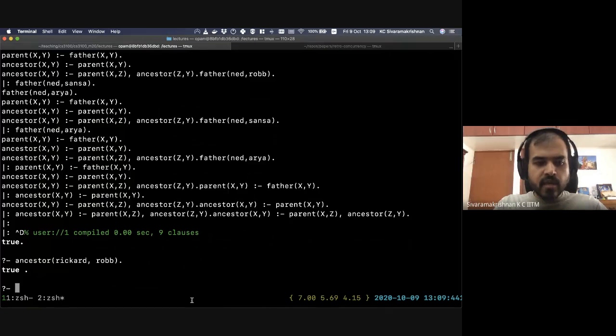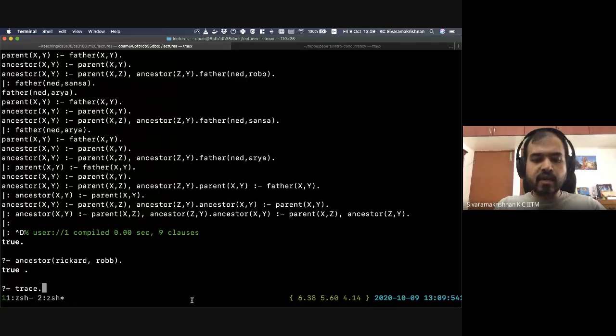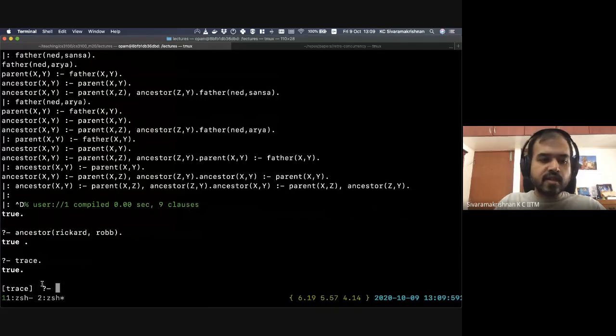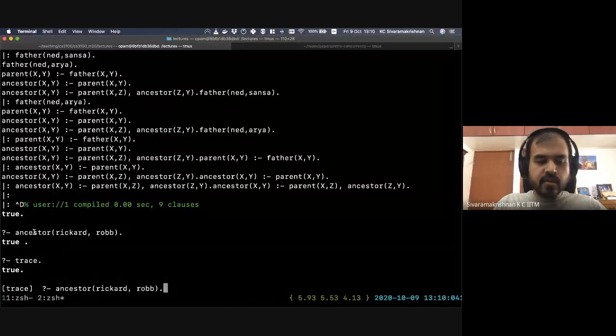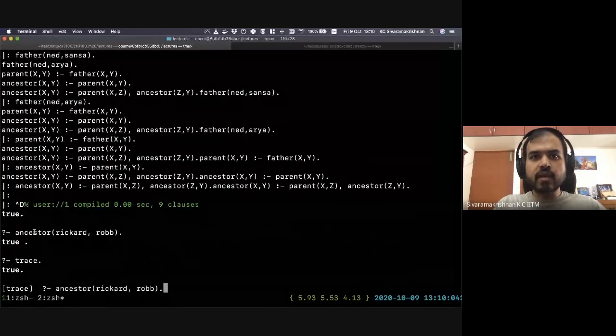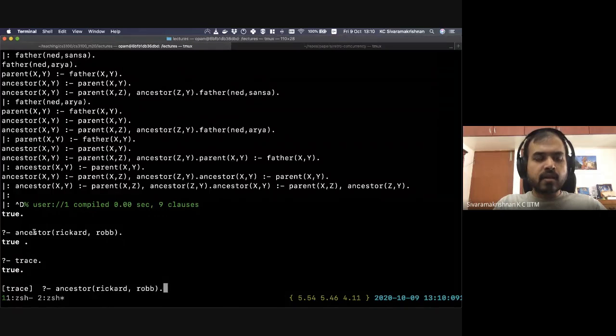The way tracing is enabled is there is a query called trace. It's like a meta query. Prolog knows about this query. So trace is essentially a query, but it has some side effect. In particular, it turns the tracing facility on. So this says trace is on here. So now let's do the same query as earlier. Okay, so if you do ancestor Rickard Rob,